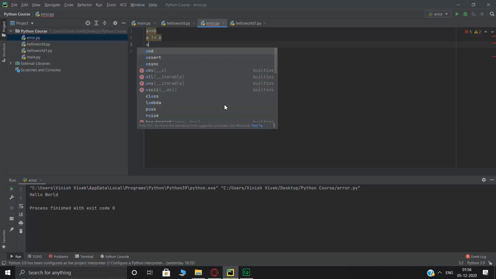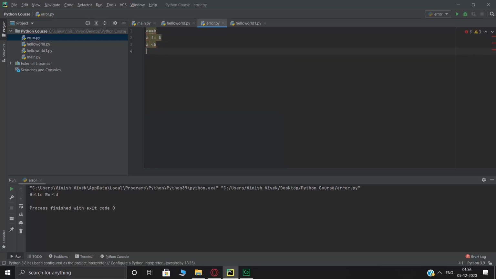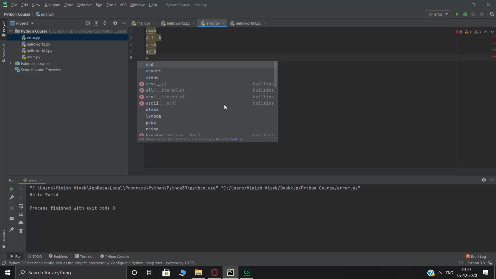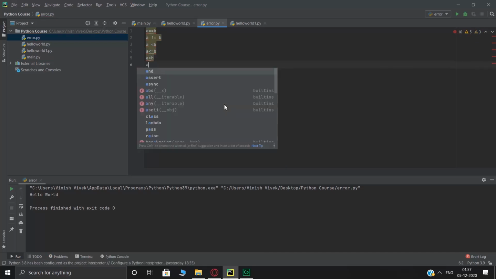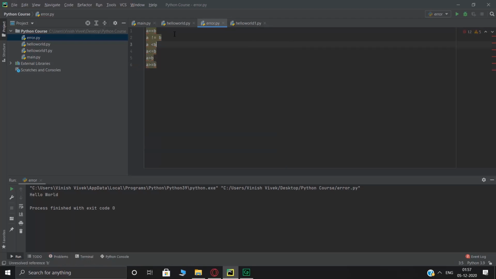then there's A less than B, then there's A less than or equal to B, then there's A greater than B, and there's A greater than or equal to B. Alright, so these are logical operations, and what they basically mean is A is equal to B, A does not equal B, A is less than B. Similarly, you can have A is greater than B. Similarly, you have A is less than or equal to B, A greater than or equal to B, and A is greater than B. So your if conditions work with these.